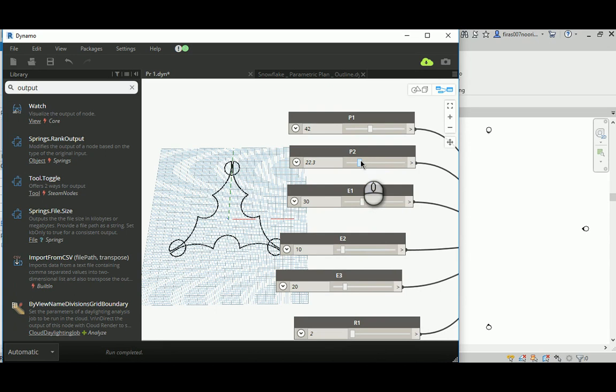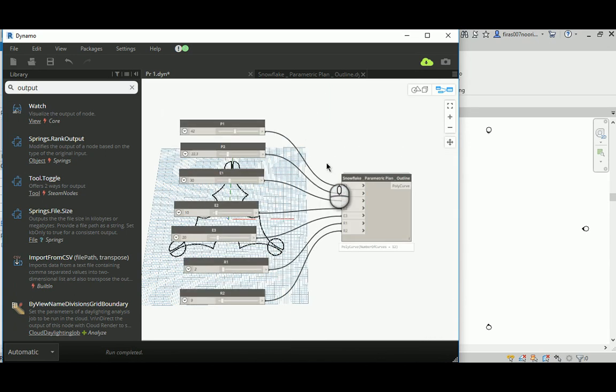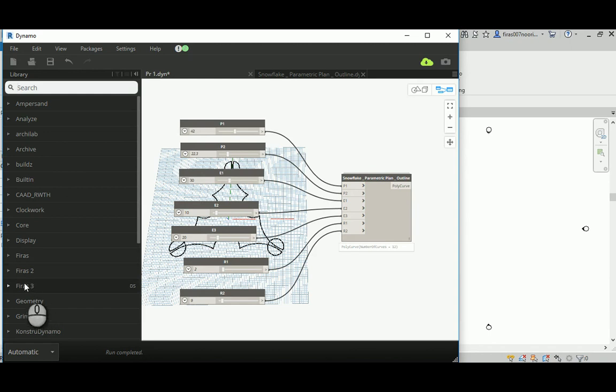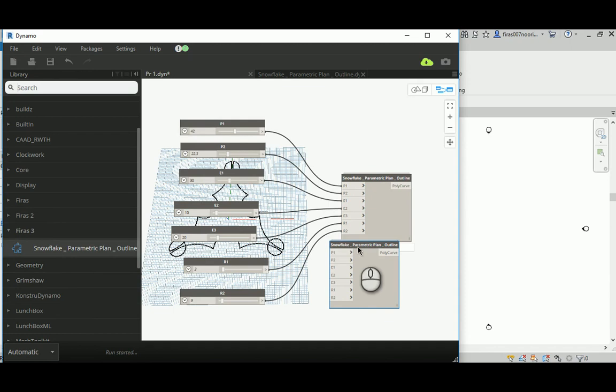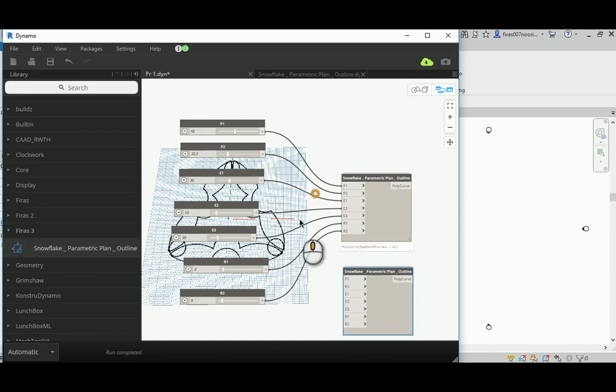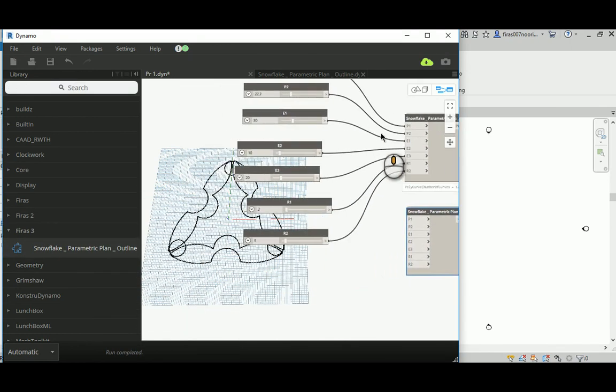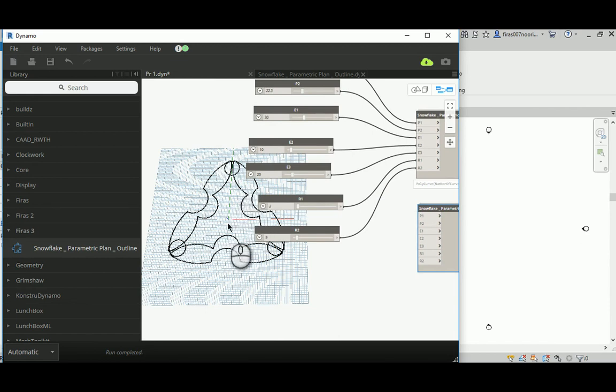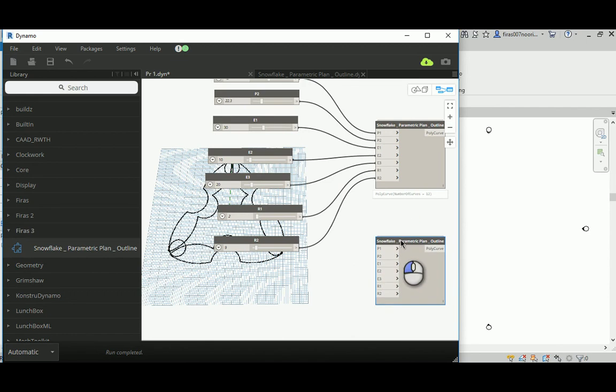Anyway, that's it for today's video, for the second part, and I hope very soon I can upload how we continue from now that we have a nice custom node. And if you go to the category, the new category that I call Firas 3, you have your custom node now. Whenever you drop it, you're going to get a new shape like this. Imagine you can extrude that and make that a void. So you can use that as a custom node in all the files you want and create different plans